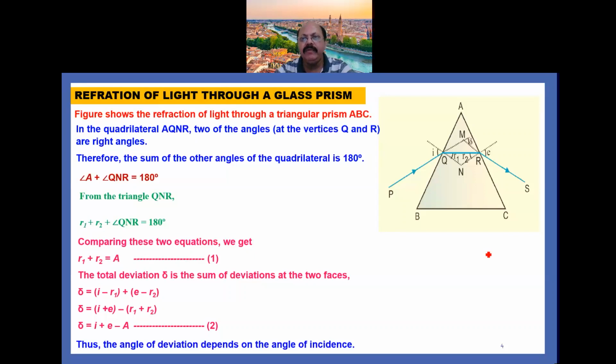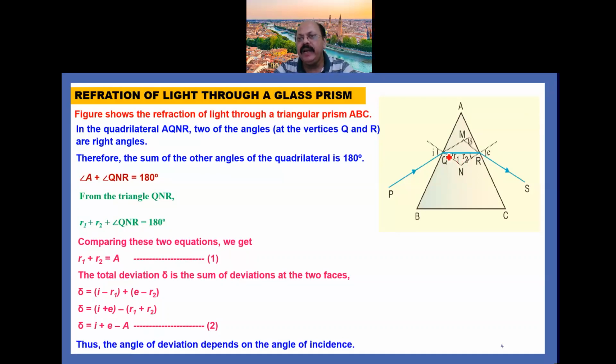For that purpose, we are taking a prism ABC and a ray of light incident on the surface AB at a certain angle, say I. So angle I is the angle of incidence. These dotted lines represent the normals drawn onto the surfaces AB and AC. When a ray of light PQ is incident on the surface AB at an angle of incidence I, it moves from rarer to denser, bends towards the normal and is refracted along QR at an angle R1.